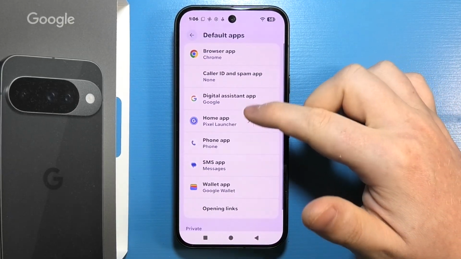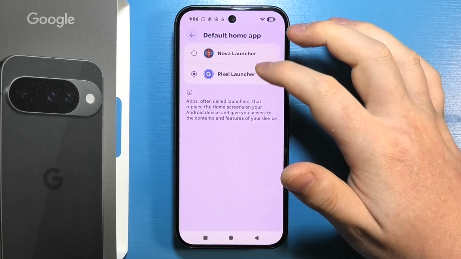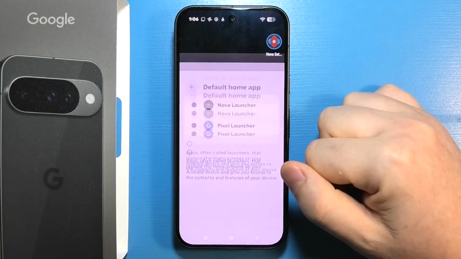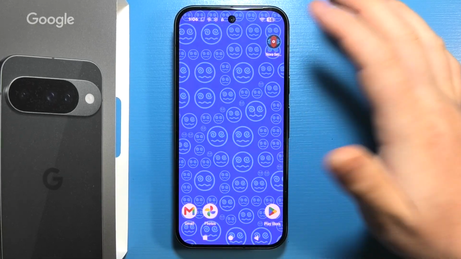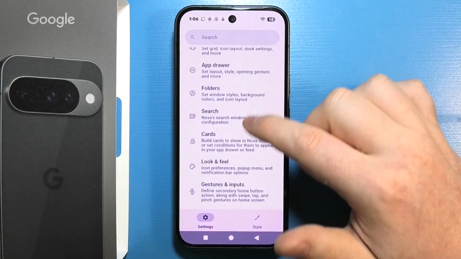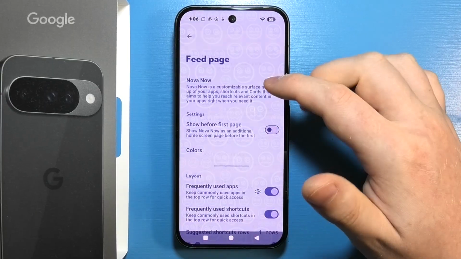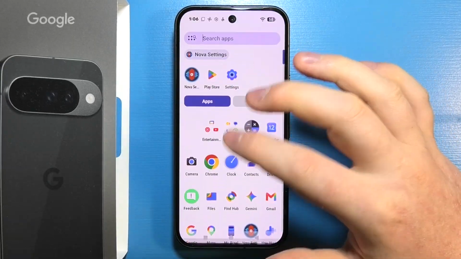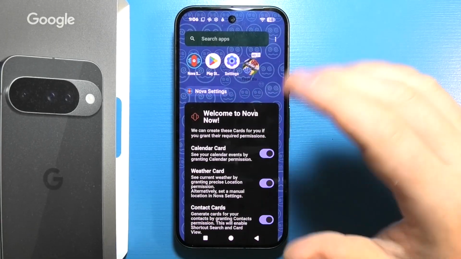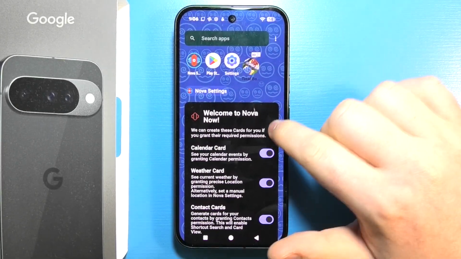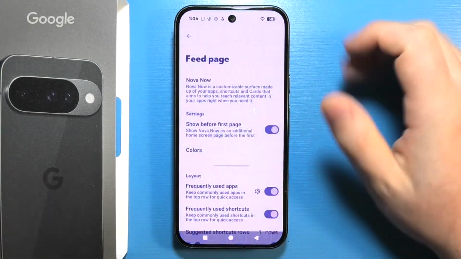When it's installed, you can then navigate into the settings on your phone, select the apps, go to default apps, and click on the home app. Select the Nova Launcher and change it. After it's selected, as you can see on the left side, there's nothing, because I've already disabled it. If we have it installed for the first time, we'll get this. If you want to also remove this, because we already removed the Google News page, we can open Nova settings